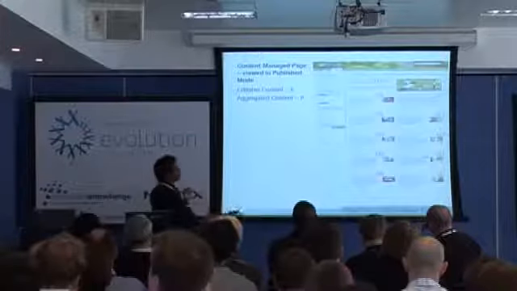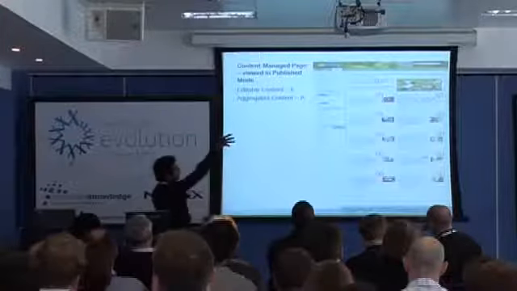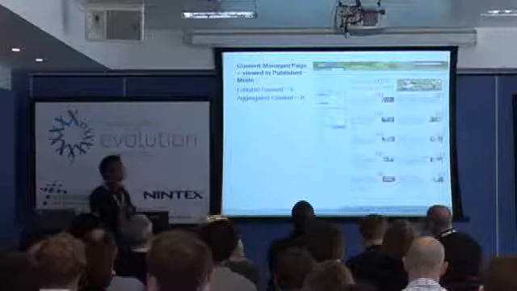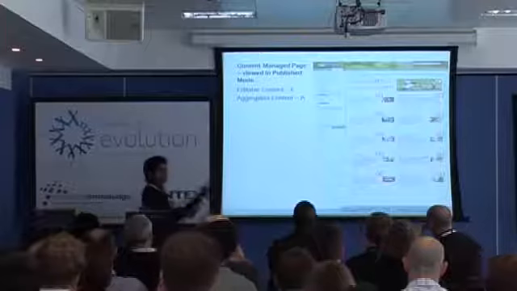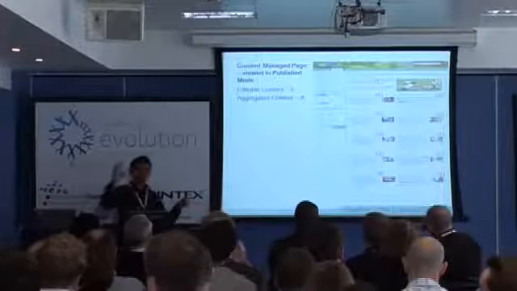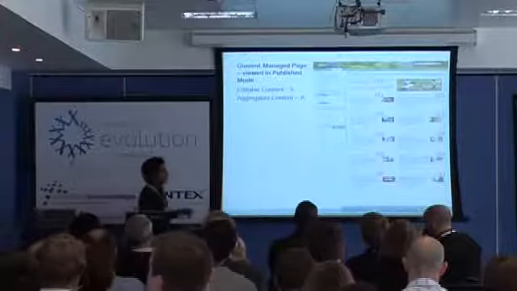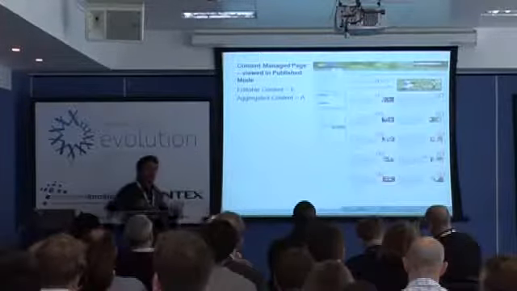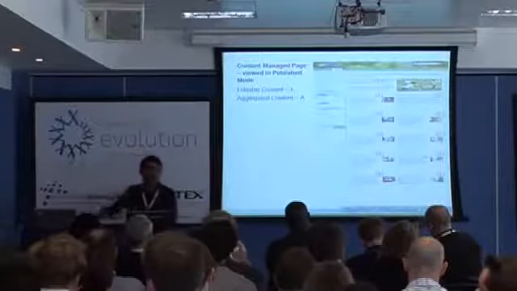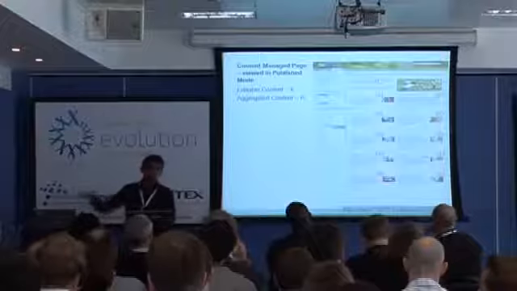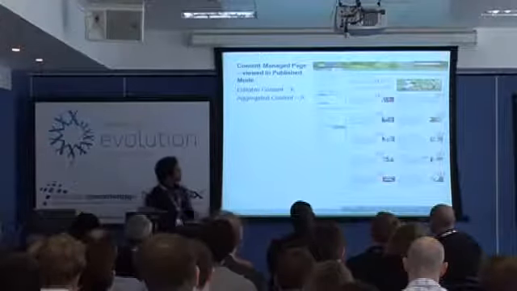From an editing point of view, we looked at it and said, in SharePoint you can have a master page which does the branding for you, and then you have content placeholders, so field controls that allow you to specify where editable content comes from. The areas marked with A are essentially content query web parts or data query web parts that will aggregate content from other areas of the site.